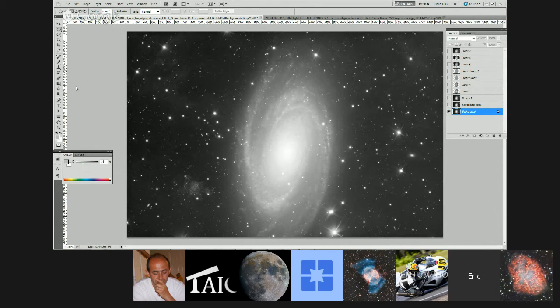Yes, we can. Okay, so I'll just go through the layers and tell you what I've done. This isn't necessarily everything, and it won't necessarily be completely obvious, but I'll step through it as I remember it. First of all, I do a little adjustment on the histogram, because the histogram processing in PixInsight is somehow different than Photoshop. So I do a bit of adjustment, just get rid of the low end of the histogram where there's no data. Then I do a small adjustment on the curves to bring out some of the